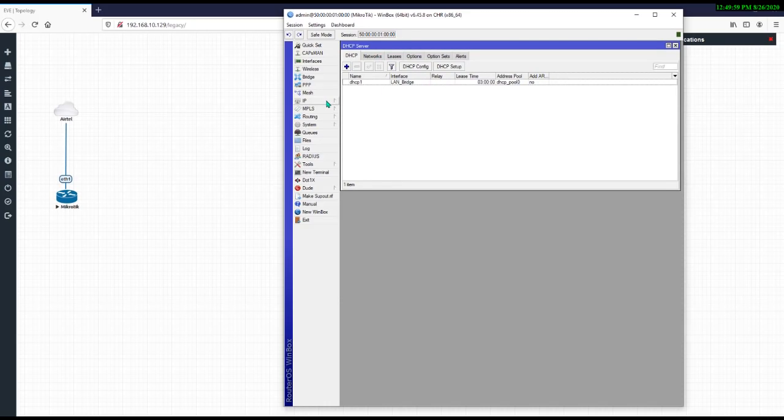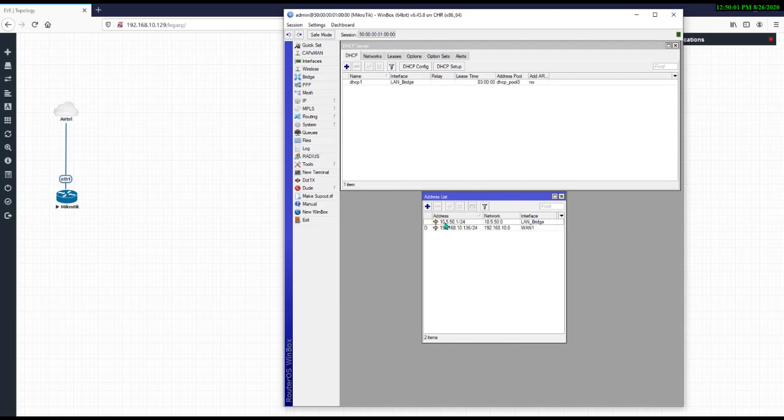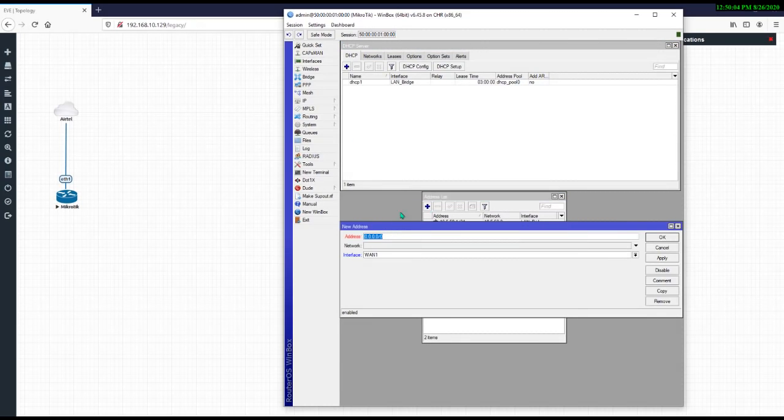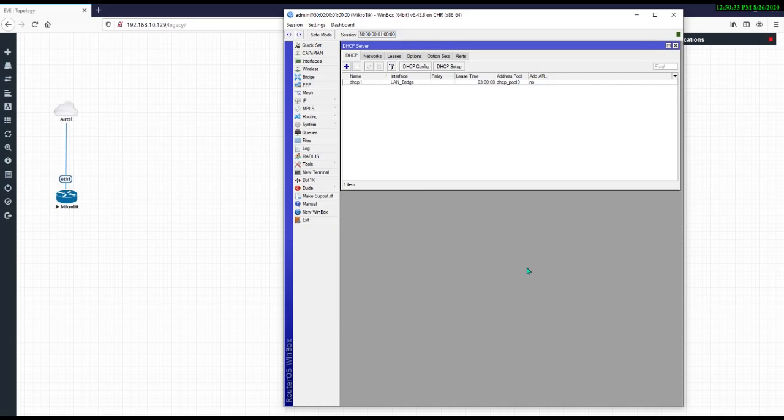Just go to IP and Addresses, select the add button and give the gateway, the same gateway which you set earlier in your DHCP server setup, with the same IP address and your CIDR value. It is mandatory, the CIDR value should be there. Select the interface from here, apply and okay. Your DHCP will be completed.